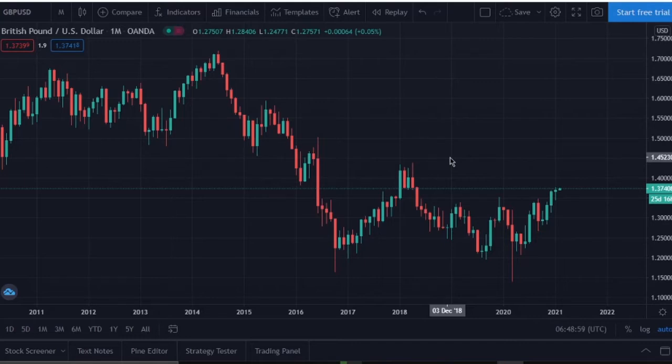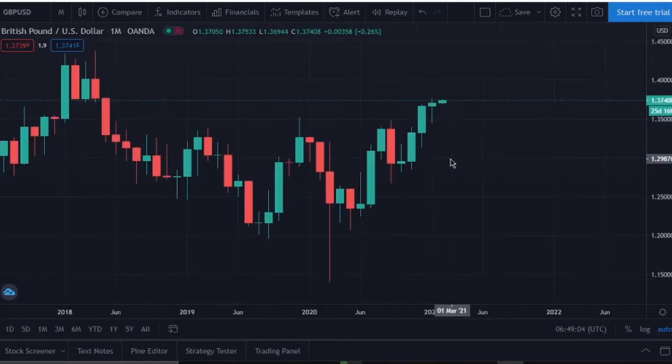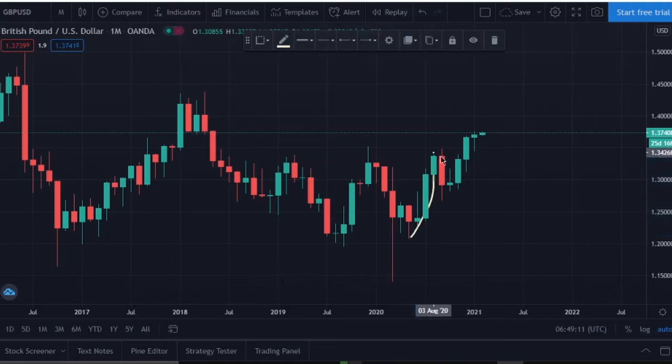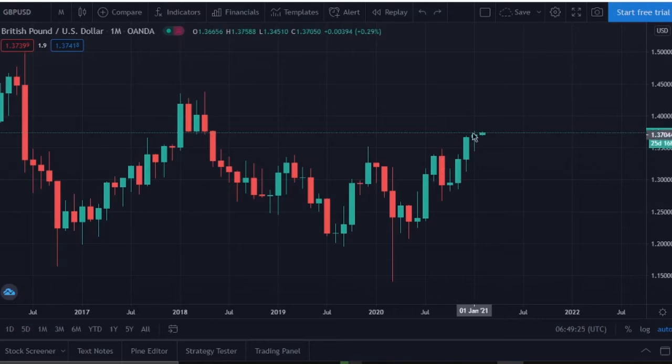Now starting from the monthly time frame, what can we see in the market? Generally speaking, if we have an impulsive move, what do we expect? It should create a corrective pattern. After that, it should create another impulsive move continuing to the upside, especially for the creation of a higher high, completing an impulse, correction and impulse pattern. This is exactly what the market did. The market just completed an impulse, correction and impulse pattern to the upside and just printed the higher high.